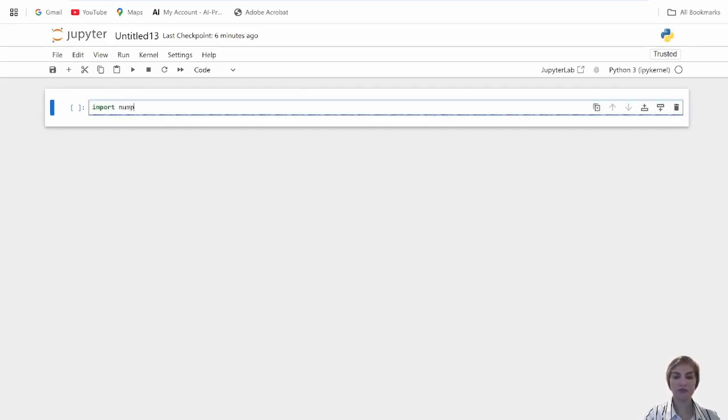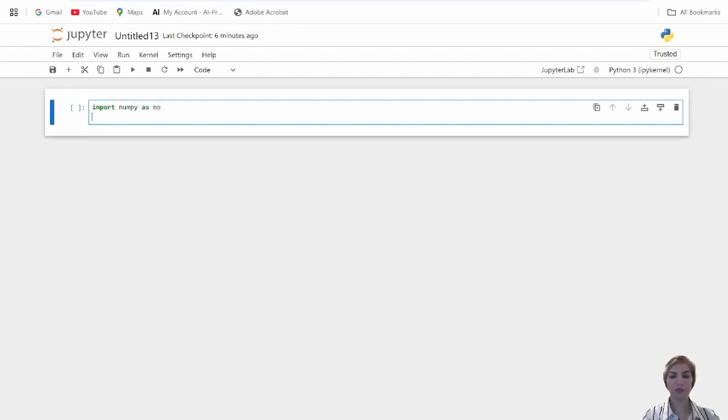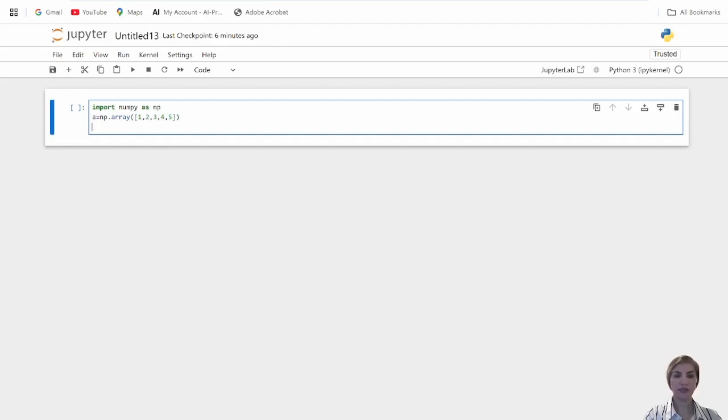import numpy as np, and then I am able to introduce a new array, np.array, and assign 1, 2, 3, 4, 5 to this array, and then print the array,